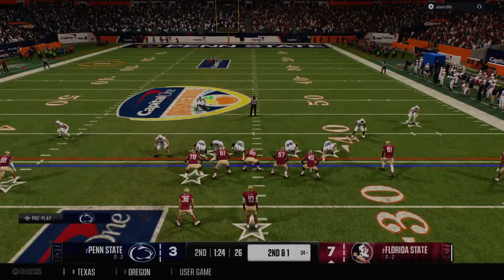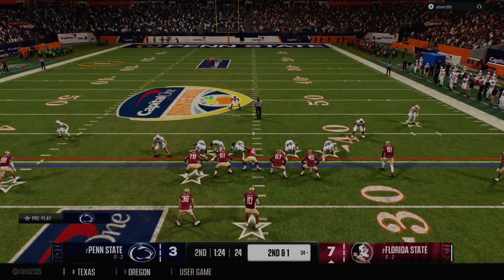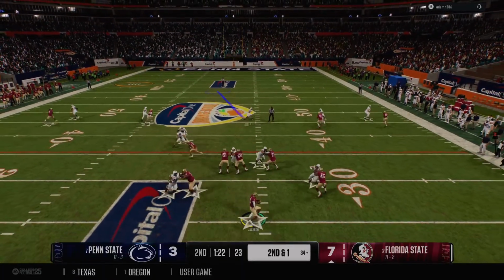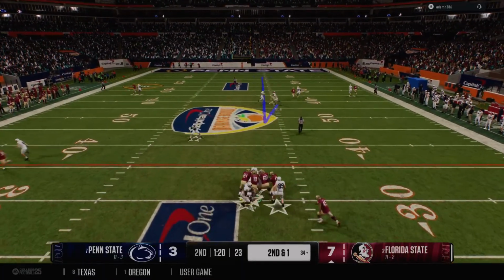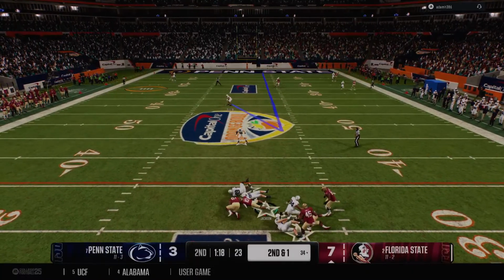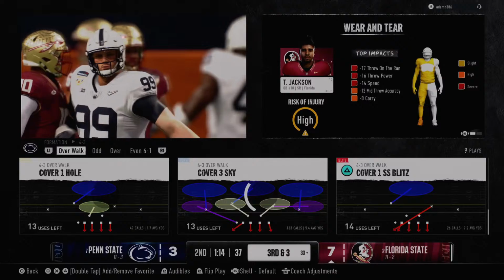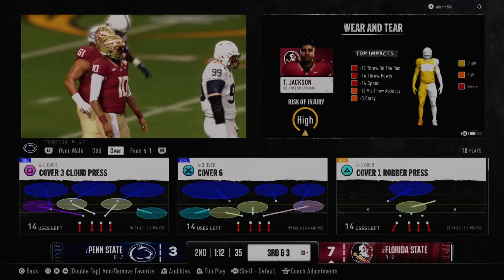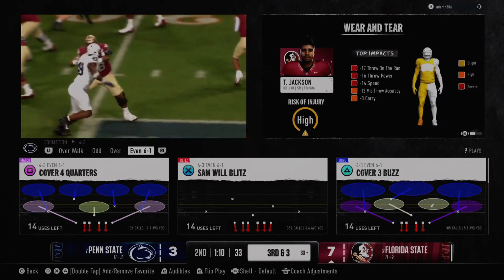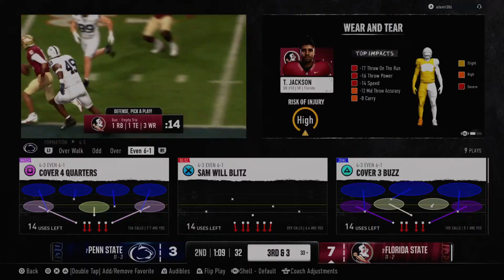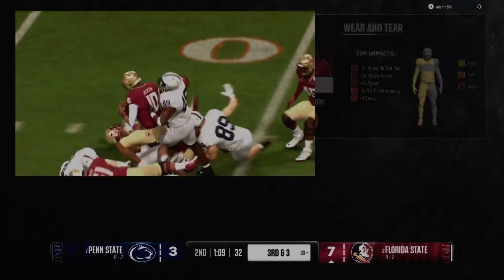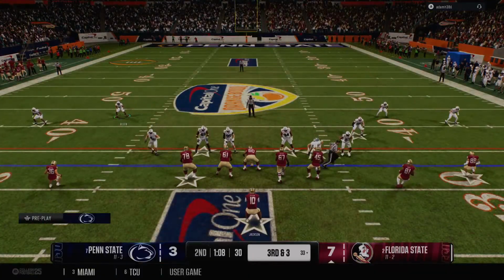Looks like the QB is changing the play at the line. Looking to throw. It's Jackson. He's running out of time here. And that pass rush has trapped him. It's a sack. Good pressure here by this defense, but it felt like the quarterback held onto the ball a little bit too long to come up with that sack for the D. That sack sets up a third down play.